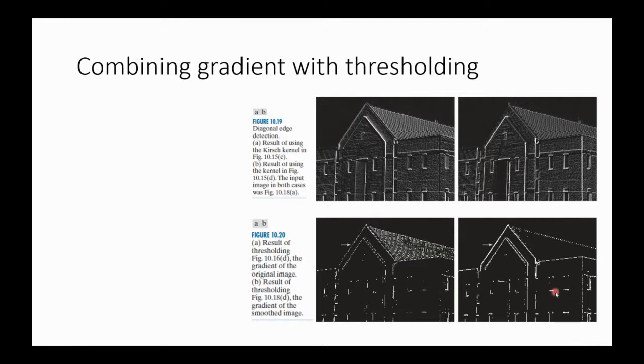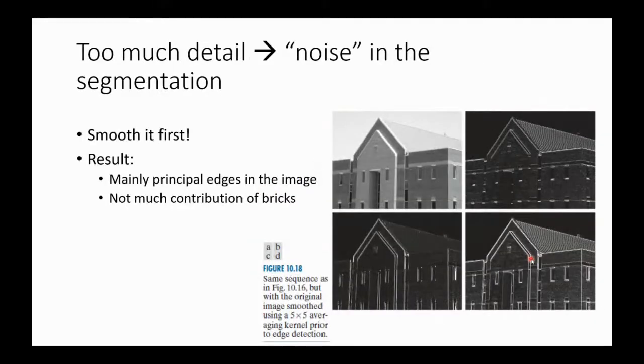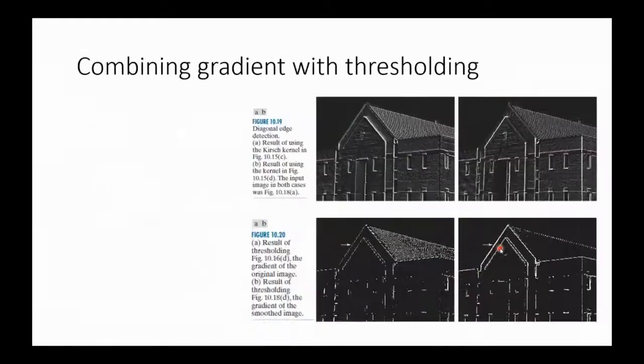So basically, to extract the edges, I just get this image here and threshold it with an appropriate threshold that's going to extract these lines. That's the result of thresholding